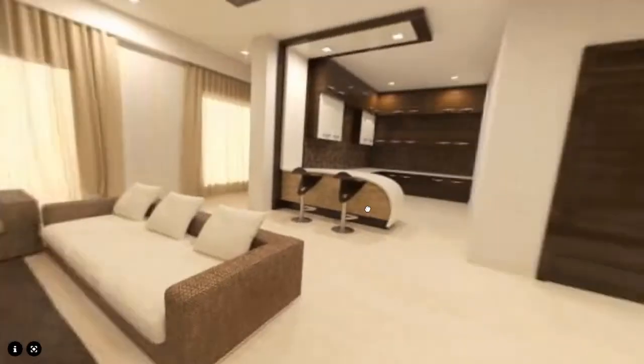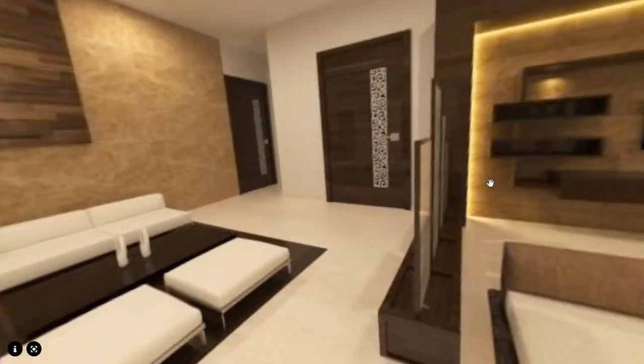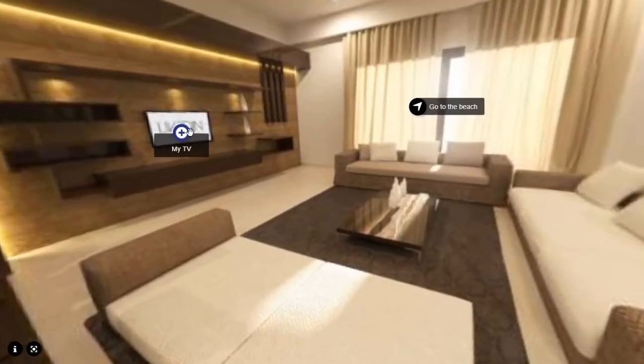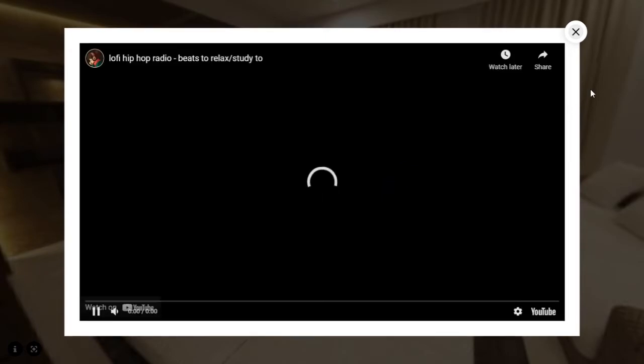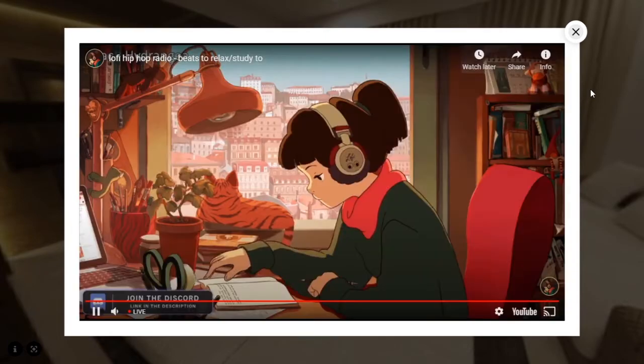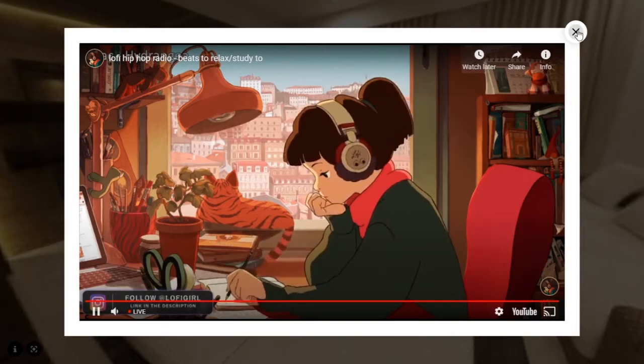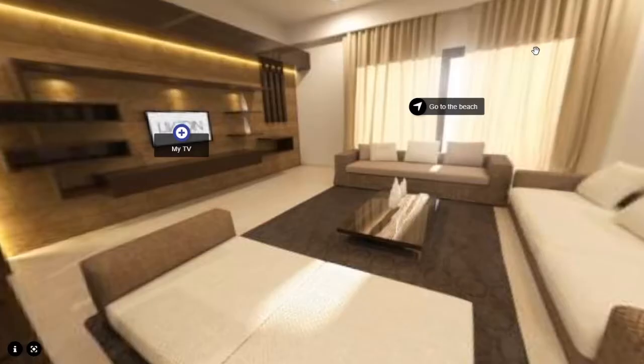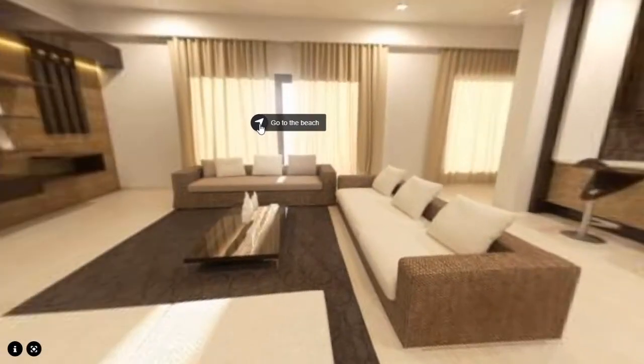So this is my room, and it's got a TV. See what's playing on TV. Some lo-fi music, cool. So you can add a video here, and you get bored at your room, you go